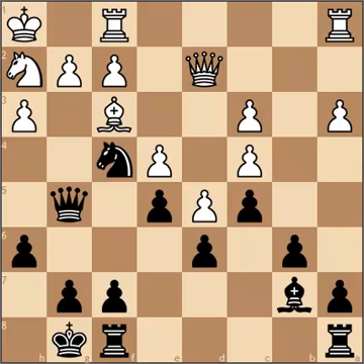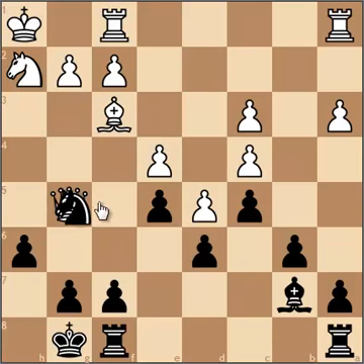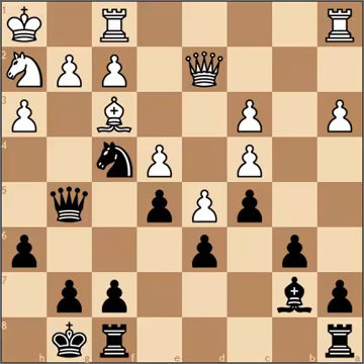and perhaps now I could have taken anyways, right? The queen's hanging. If he takes, I take back and I'm up a pawn. So I didn't see that tactic. It would have made perfect sense. So anyways, I went bishop to a6,